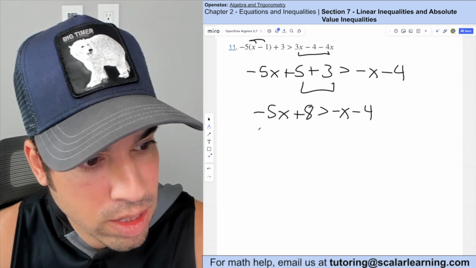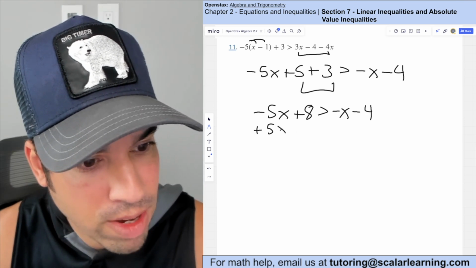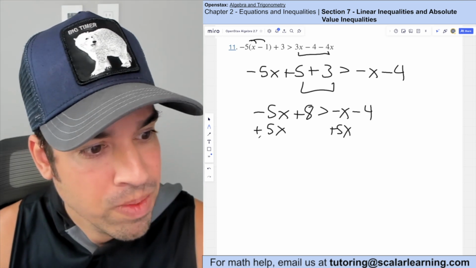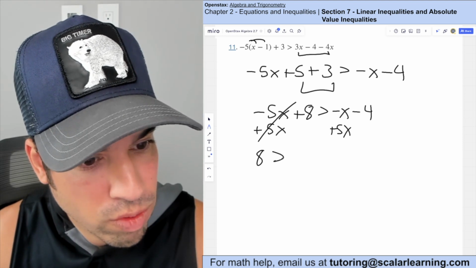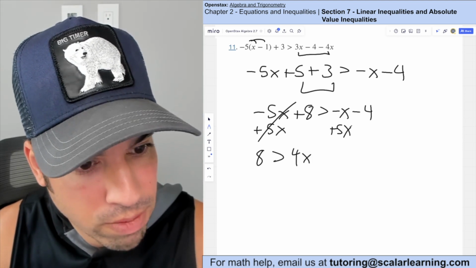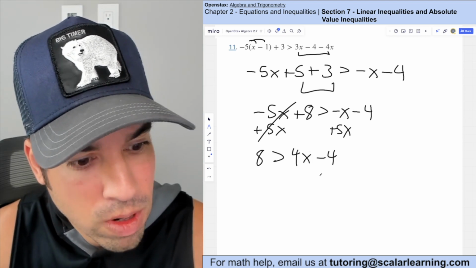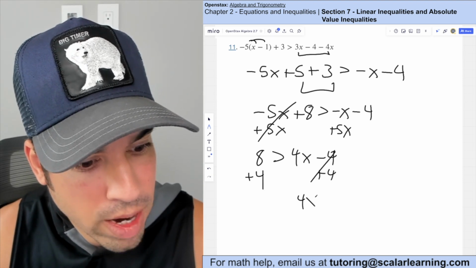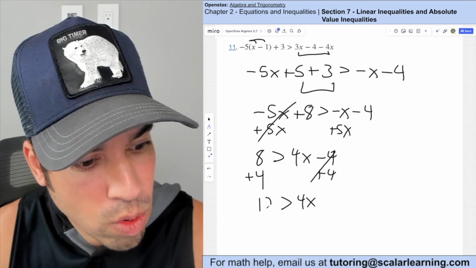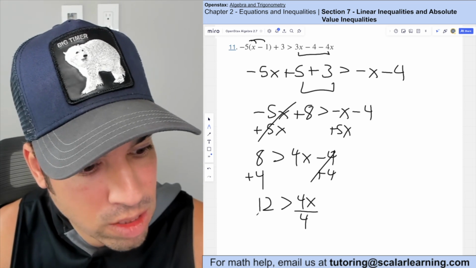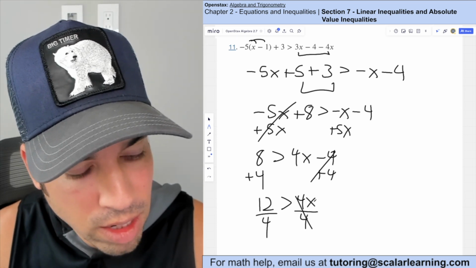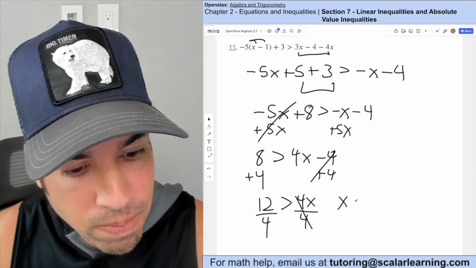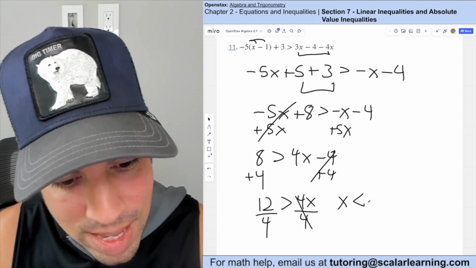Now we'll consolidate the x's. I'm going to add 5x to both sides, and that's going to give me 8 is greater than 4x, right? 5x minus x is 4x minus 4. Then I'm going to add 4 to both sides, and we got 4x is less than 12. Last but not least, we'll divide both sides by 4. And when I write it, again, I'll put the x on the left side, just my personal preference. X is less than